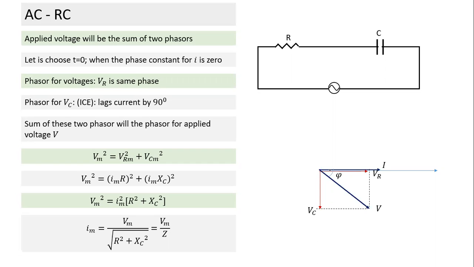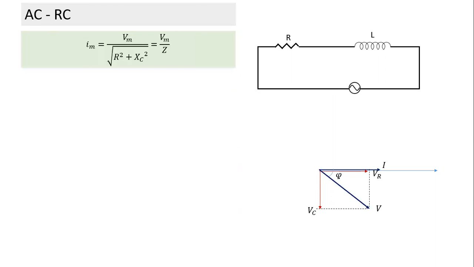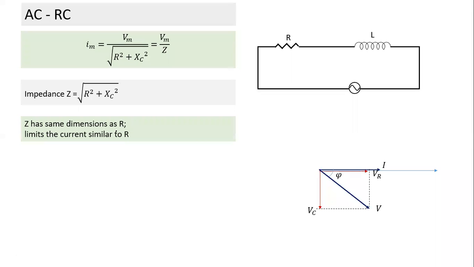How do we find phi here? Phi indicates the phase difference between current and voltage. Phi indicates the phase angle by which the voltage will lag. In a capacitive circuit, the voltage lags. We can easily find tan phi. This is impedance, and Z has the same dimension as R; it limits the current the same way. And what is tan phi equal to? Tan phi is equal to this side over this side. Sorry, this I have also not corrected. This is VC by VR, and this becomes XC by R. And that's tan phi.